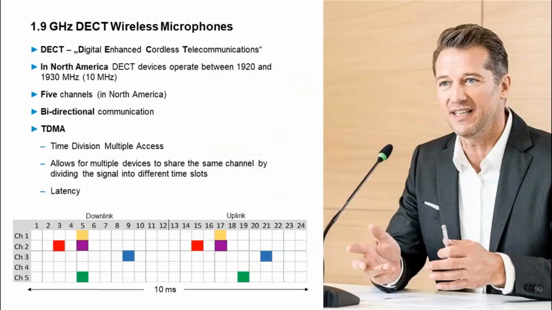All right. So with that, we're going to talk about a third technology. We talked about digital UHF and analog UHF microphones. Let's talk about DECT, another range that Dave brought up. So this is at 1.9 gigahertz is the DECT microphones. So in the United States, we have 10 megahertz, which equal 5 DECT channels. It's a bidirectional communication, so it does take a little bit of time for them to communicate in the process.